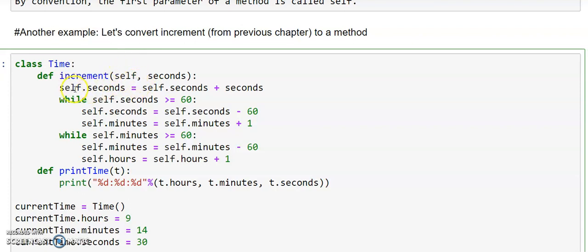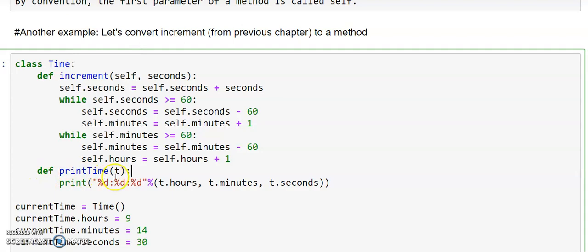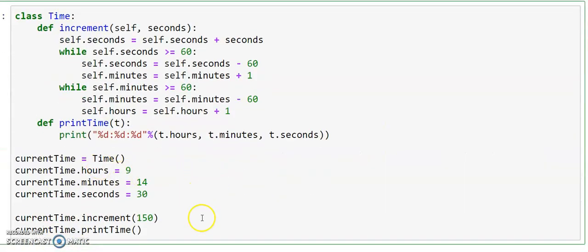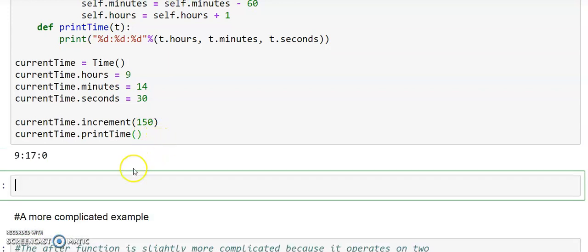So we are using this dot operator to access the attributes of the time, self dot seconds, add the seconds, then check all these conditions we have already discussed. I need not discuss all this again. If any of you have not gone through the previous videos, first check the previous videos and then go through the things. Otherwise it will be tough for you to understand the present video. Okay, and we have already written how to print in the previous one, so we just make use of that and execute.